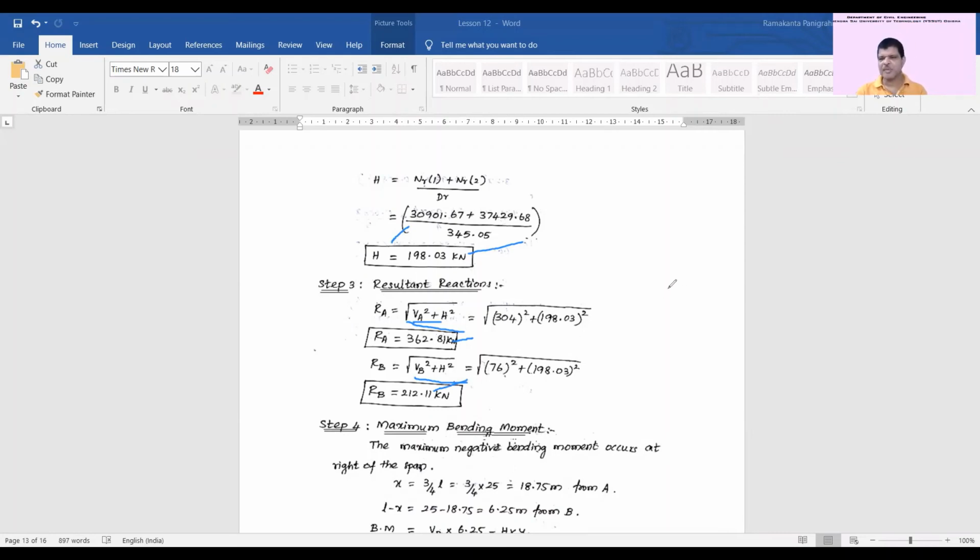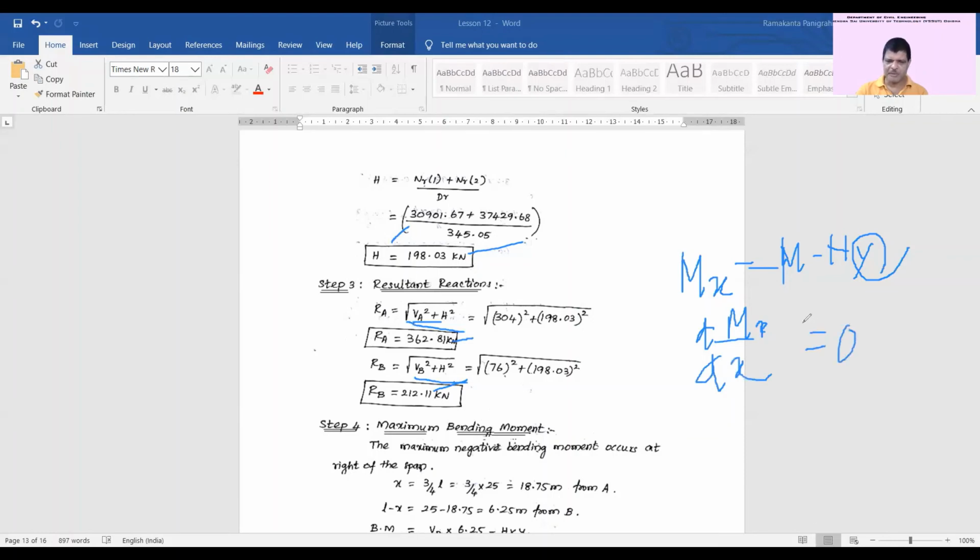Now we'll find the maximum bending moment. How to find the maximum bending moment in these sections? First you find out where it will occur. One of the best methods is that you find Mx covering all the things. Now Mx is equal to the simply supported M minus H into y. Y will be in terms of x, 4h by L square into x into L minus x, and this is M. Then you can do dMx by dx equal to 0, to find whether it is a maximum positive or maximum negative.